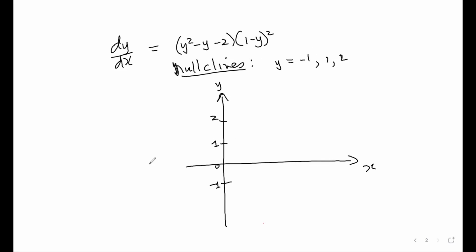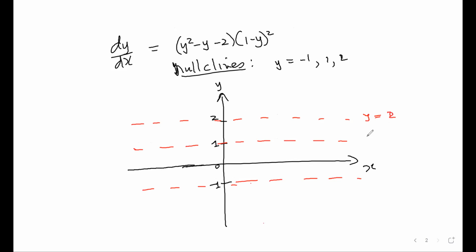All you do now is draw those lines. Let's put just the dotted lines: y equals 2, y equals 1, y equals minus 1. Those are our